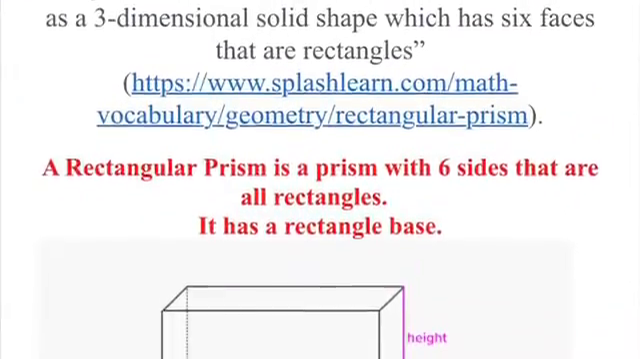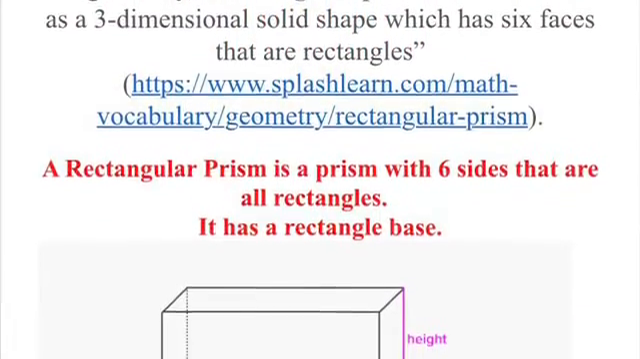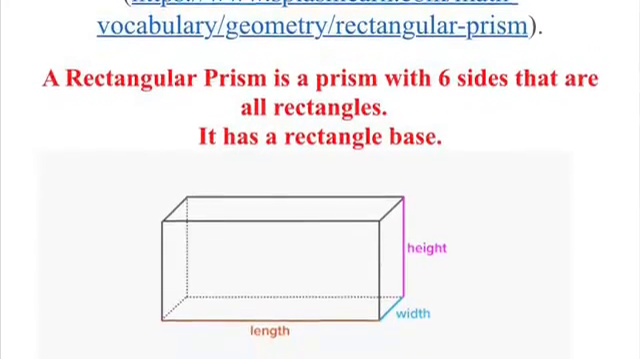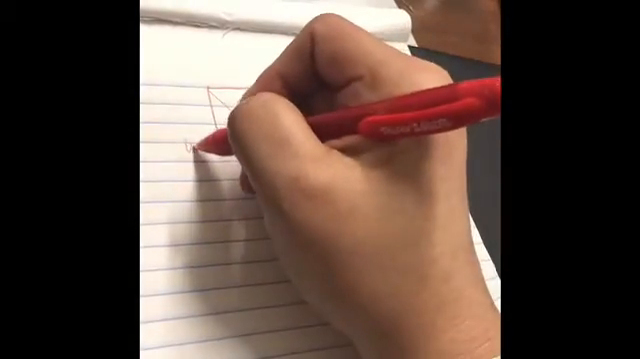So let's start with rectangular prisms. A rectangular prism is a prism with 6 sides that are all rectangles. Okay, so let's say you have this rectangular prism, just a box. And let's use easy numbers for the example. Let's say the length is equal to 3, and the width is equal to 4, and the height is equal to 5, and you can call it centimeters